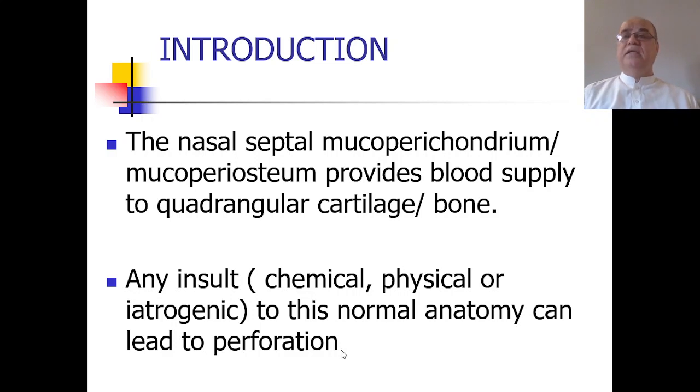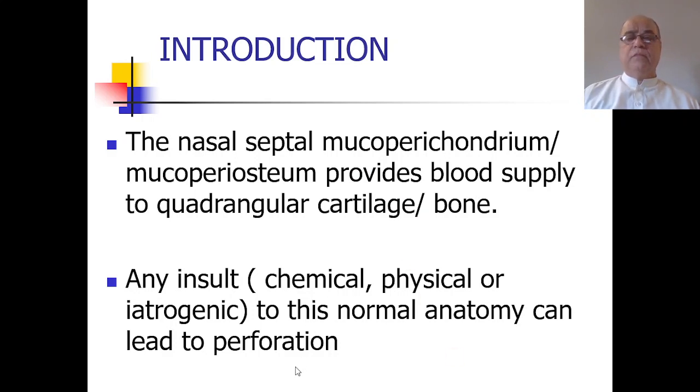We know that cartilage is an avascular structure anywhere in the body, and it gets its blood supply from the overlying mucoperichondrium. So the same is the case for the bones in the nasal septum, which get their blood supply from the overlying mucoperiosteum. So any